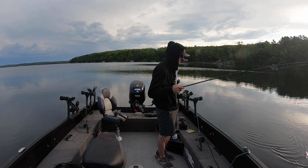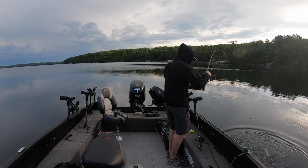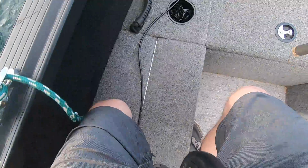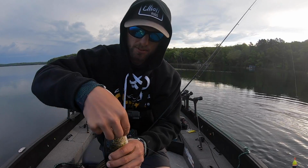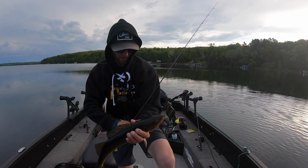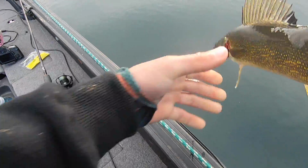Got a nice walleye on here. Look at that guy. Beauty. He's mad. He's angry. Here, buddy. Sharp shooting them like this is just so effective, especially when you're dealing with some smaller pods of fish. I'll kind of describe what I'm doing, but it's really pretty simple. It's just a lot quicker than your standard sit and wait approach, which is a great approach when you're on a lot of fish. But when you're just kind of sharp shooting them like this,